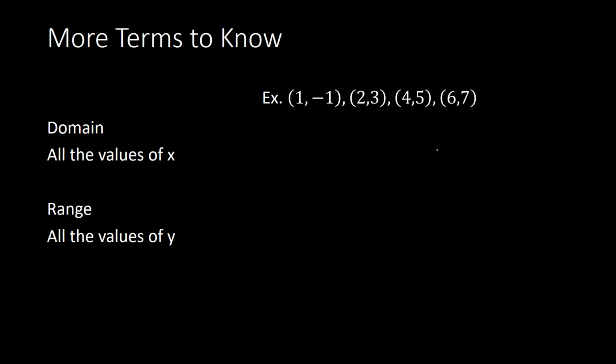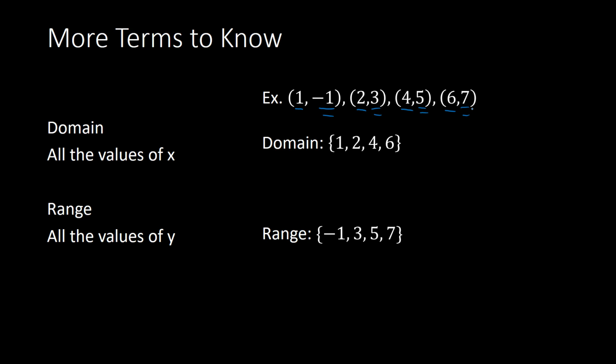So for example, here we have a set of ordered pairs. If you look at each of these, the 1, the 2, the 4, and the 6, each individually are called the abscissa. But when you're asked about all of them collectively, we call that the domain. Domain is all the values for x. So in this case, your domain would be the numbers 1, 2, 4, and 6. And then the range are all the values for y. So you have -1, 3, 5, and 7. So your range would be all 4 of those